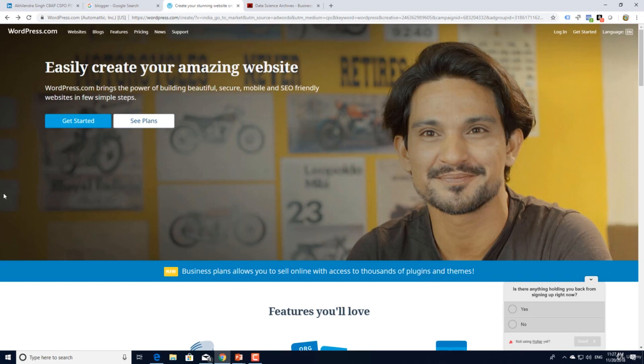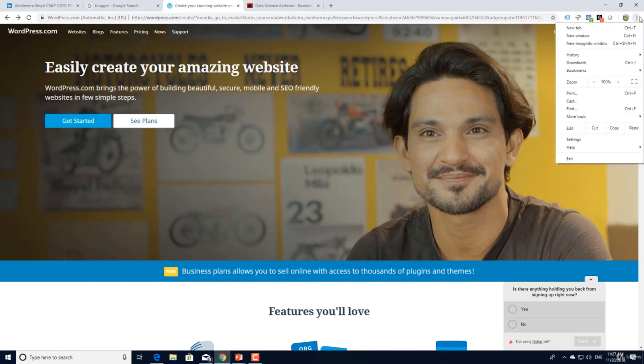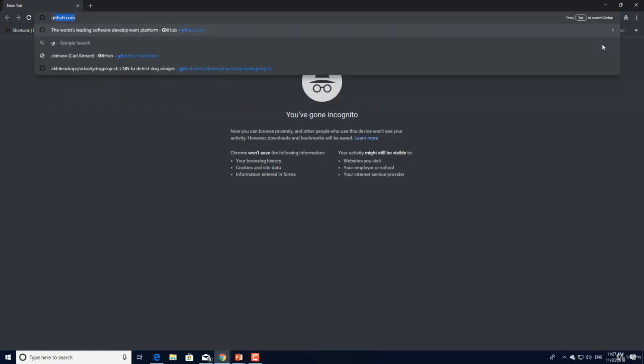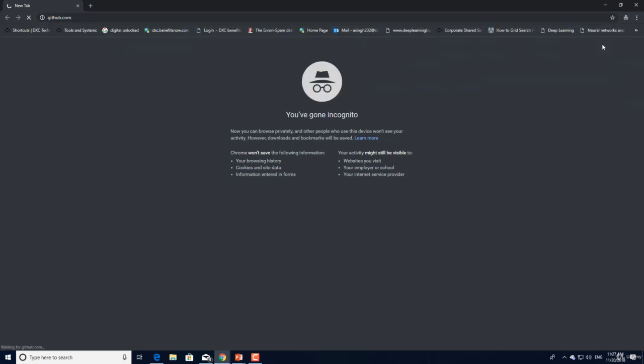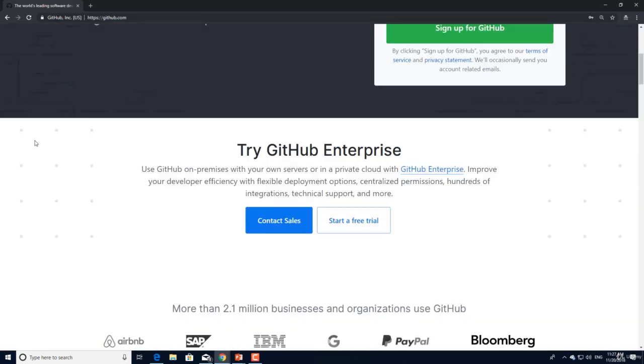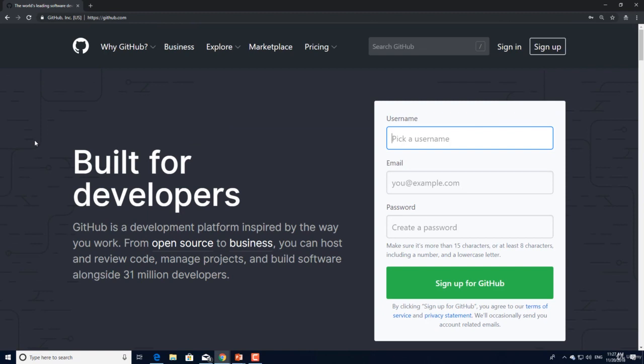If you want something more dedicated towards programmers, then you can use something like GitHub. Let me show you that. Now, github.com is the most popular option among developers, all kinds of developers. In fact, it's a very good software for managing the development of all kinds. But we are not interested in the paid option. So for free, you can simply create a profile here and then use that to upload your projects. It's not as simple as something like a blogger, but it's not very tough.